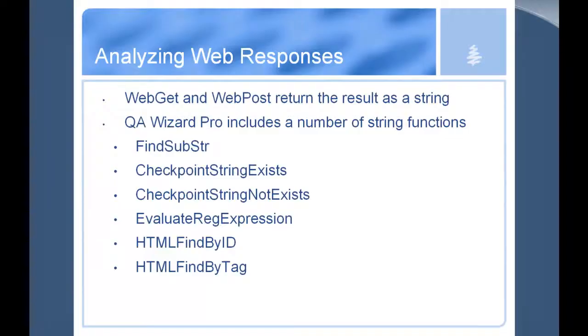We're going to jump over to analyzing the web response. So how do you know what you got back was what you wanted? So the first thing to know is that QA Wizard looks for the response and looks for defined HTML errors and will give you an error if one of those scripts fail. And those are things like 404, page not found, the kinds of errors that the actual web server gives back